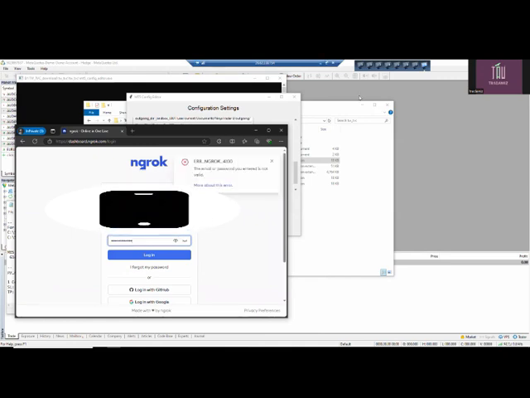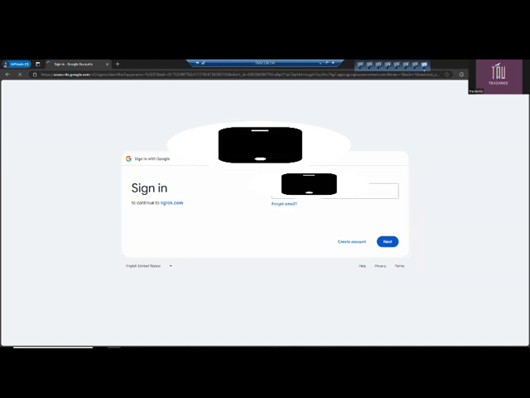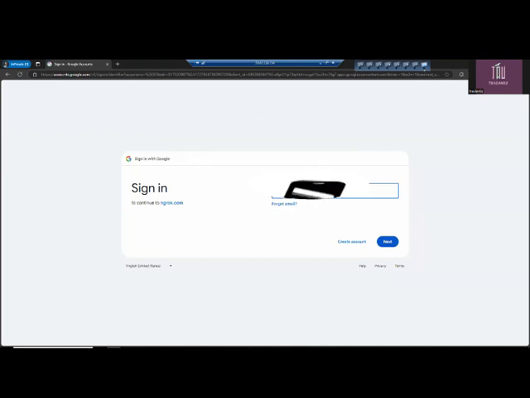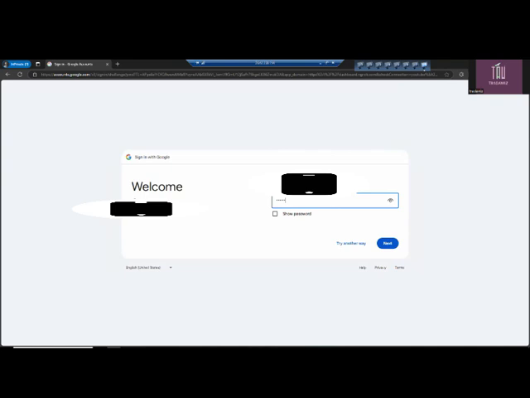Let me find my password first. For example, where do you get that API key? We will be getting that from a certain area in Ngrok.